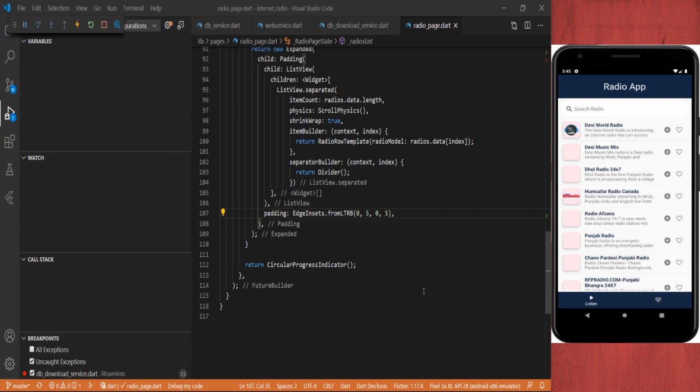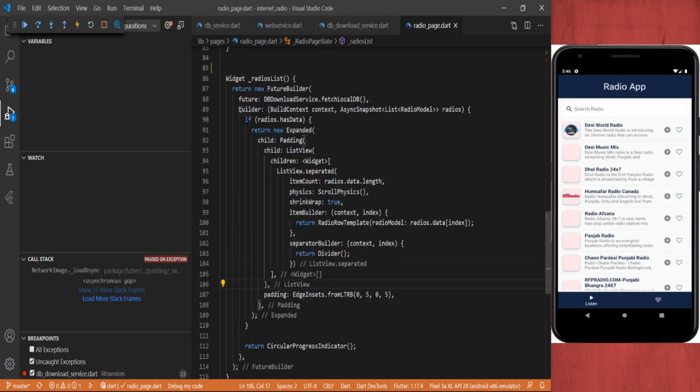That's all in this video, and I hope you all learned how to use the HTTP request and local database to show the data in our UI part. In our next video we will cover provider state management and what we are doing here with the help of the future builder. We will use that provider to show the data, and also do other things like bookmarks and more.